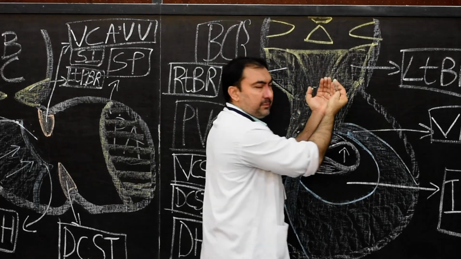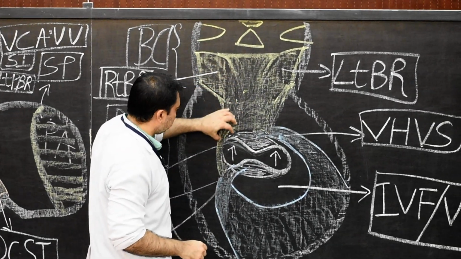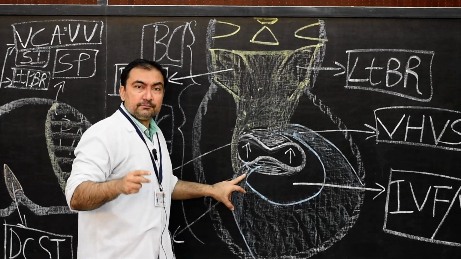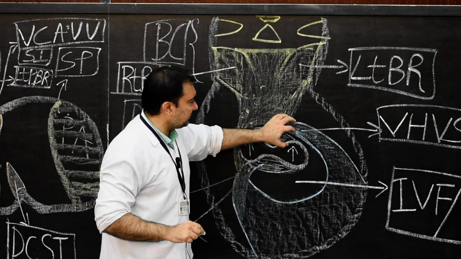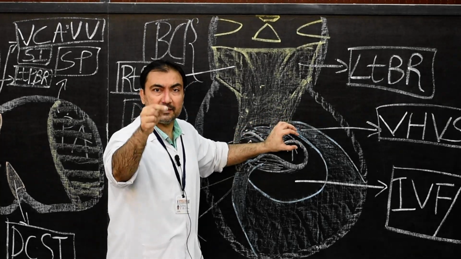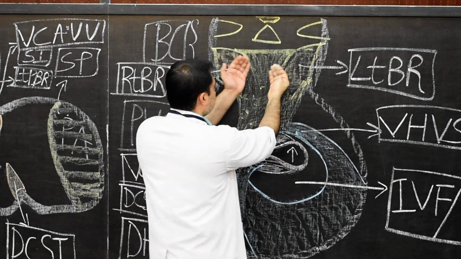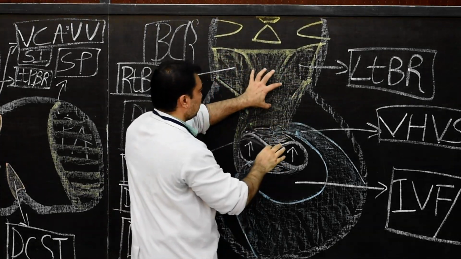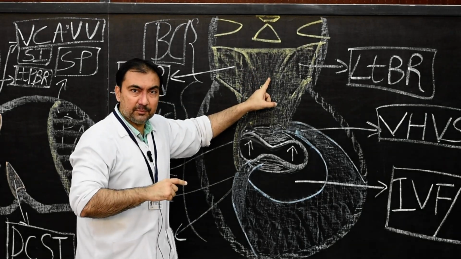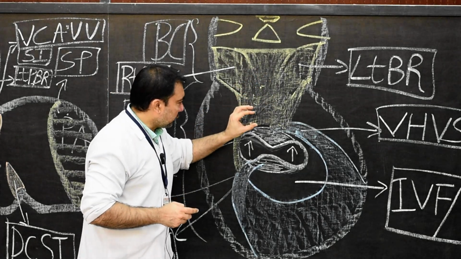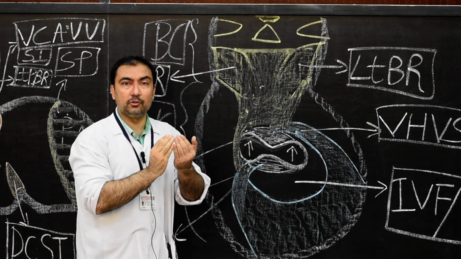The right and left bulbar ridges fuse with each other, as well as the right bulbar ridge fusing with the dorsal horn of the ventricular septum and the left bulbar ridge fusing with the ventral horn of the ventricular septum. Because of this fusion, the entire ridge that is fused will be known as the proximal bulbar septum, where my hand is. And because of this proximal bulbar septum, the portion of the interventricular foramen has been partially closed.